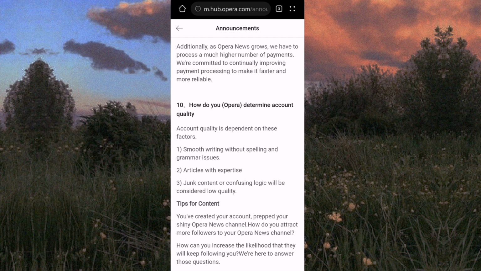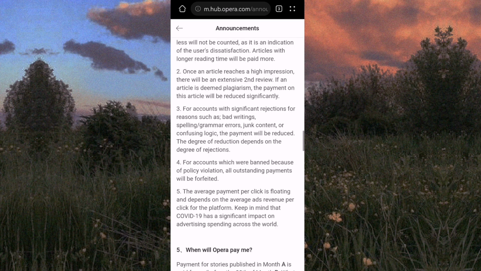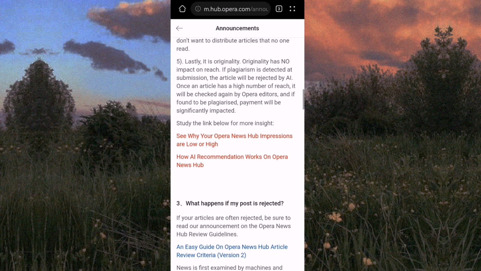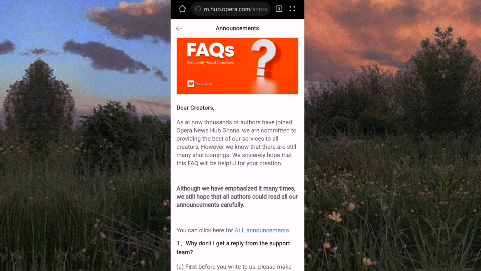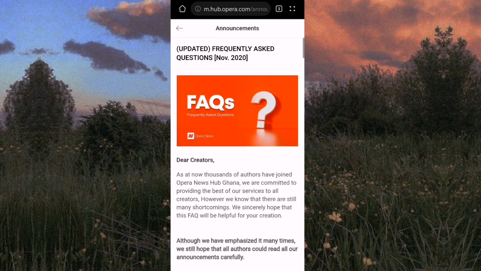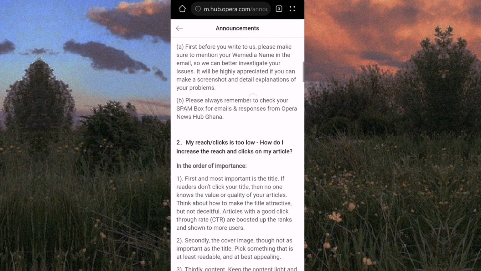Because if your article is rejected, that's one of the most painful things that a writer can encounter. You spend a lot of time writing and typing, then after it is rejected, it's really painful. And I'm going to tell you, you're going to face a few of those situations, so you have to be mentally prepared for it. Don't take it too personally. It happens to all of us all the time.